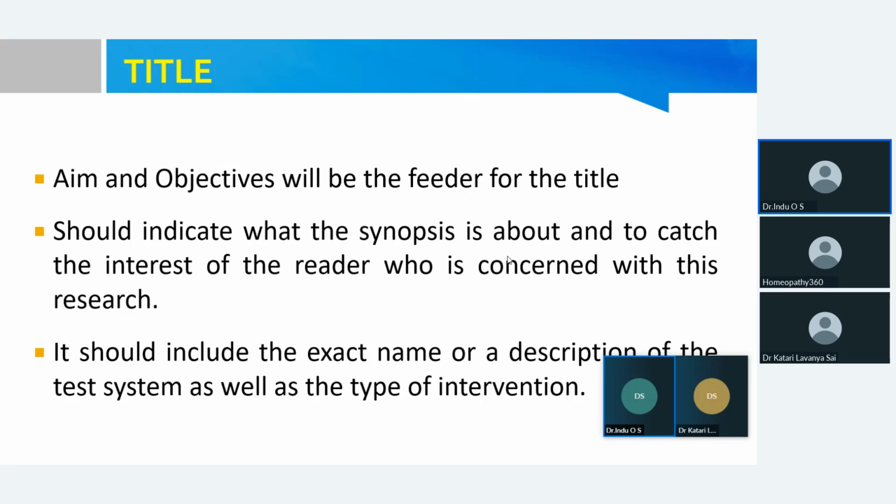Then next is materials and methods, and the last one is bibliography. Materials and methods includes the sampling techniques and what methods you are going to adopt for this particular study. A standard methodology you have to adopt for your study. Mainly, when we send a student research proposal to STSH or any university grant, if it is rejected, it means the methodology was not proper. That is the main reason for rejection. So that's why you have to follow a standard methodology or standard protocol for your particular research.